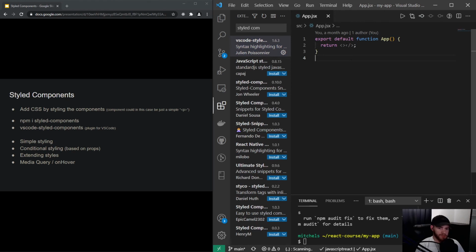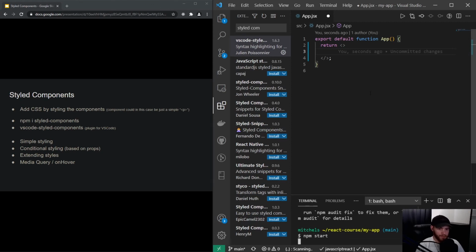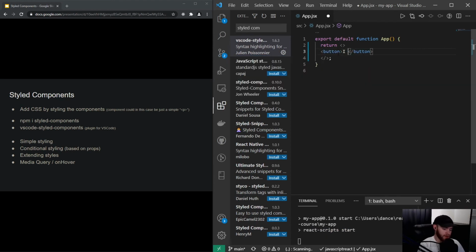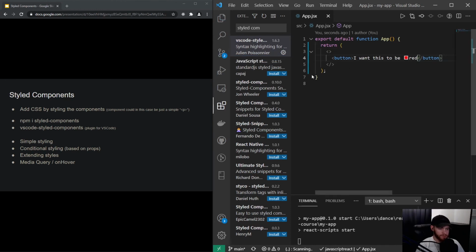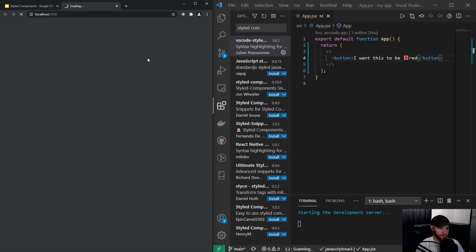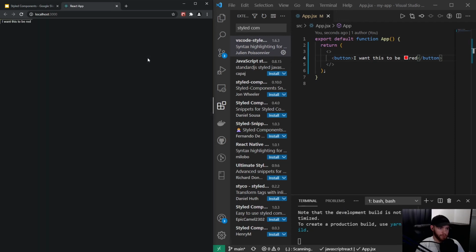So to get started, let's add a button right here and also start our React application. npm start. All right, so let's add a button, and I will say I want this to be red. I save it. Now we wait for the application to get started. There we go. Okay, so now we have a button, and let's say we want to style this with styled